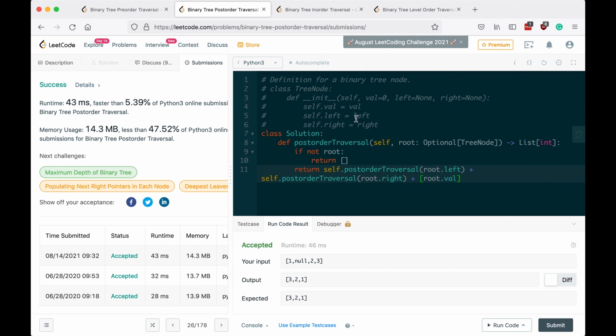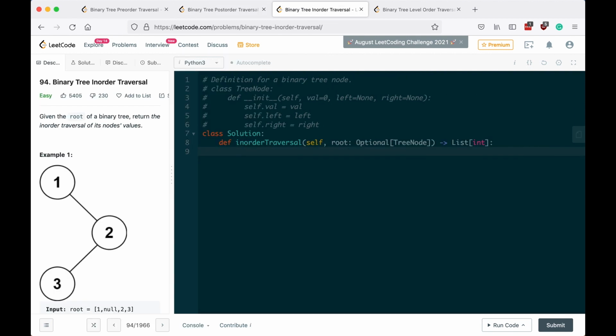Cool, our solution is accepted. Next, let's tackle in-order traversal. If the root is null, we return the empty list. Else, we return